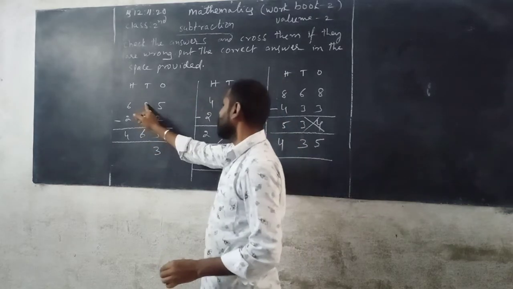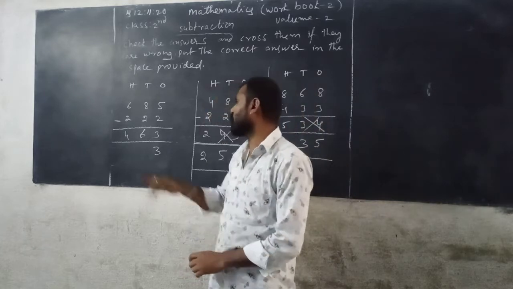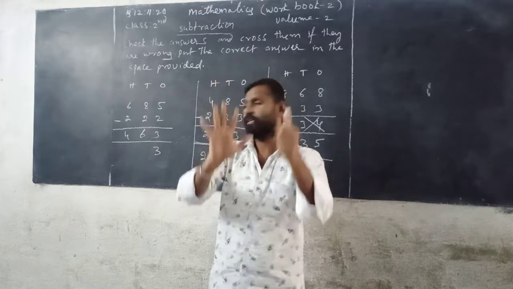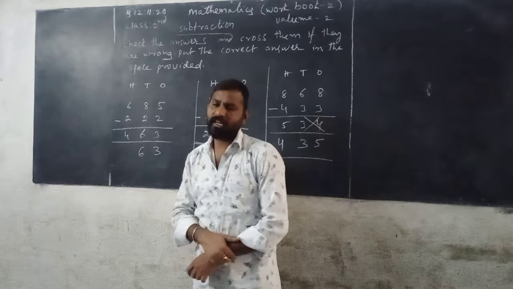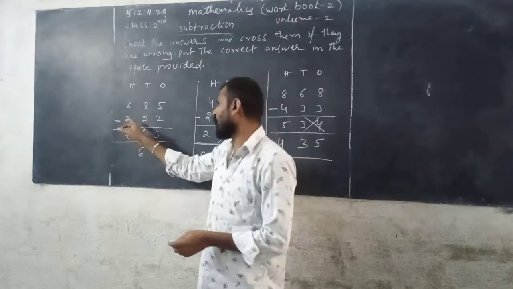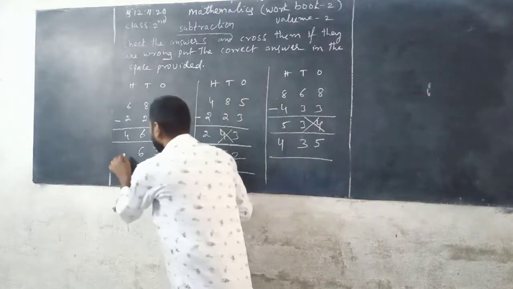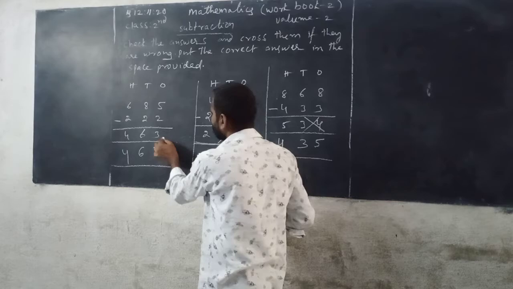Next, 8 minus 2. This is also correct, 6. See here, we can count 2 after 2 to reach 6: 2 after 3, 4, 5, 6. So now this is also correct. Now next, 6 minus 2, you can get 4. You can count 2 after up to 6: 2 after 3, 4, 5, 6. Now 463. So the given difference is correct. Then you can write a tick mark.